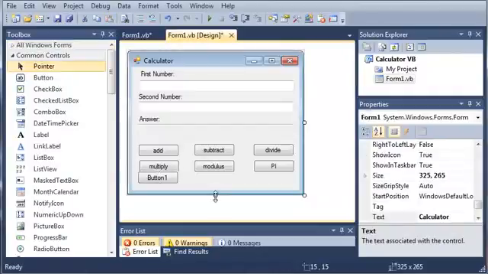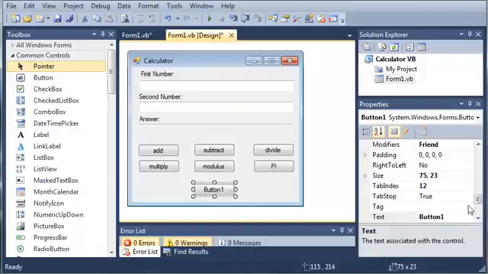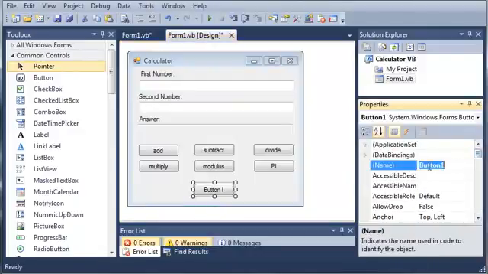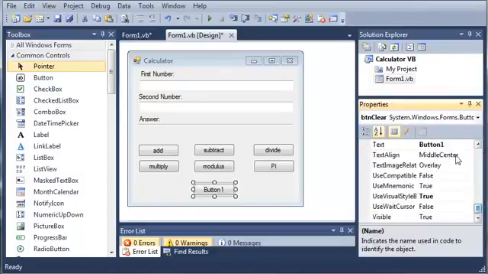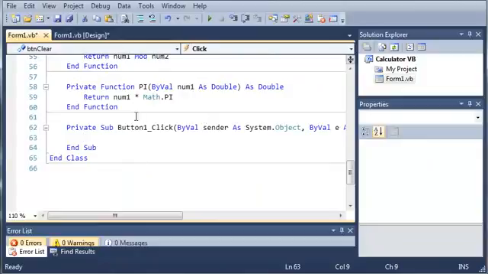and we will set the name to button clear. So we'll come up here and change it to button clear, and then we will set the text to clear. Now if we go ahead and double click on this, it opens up the event for this,